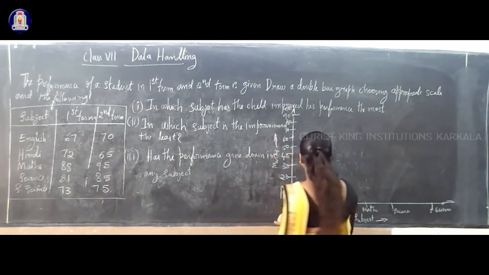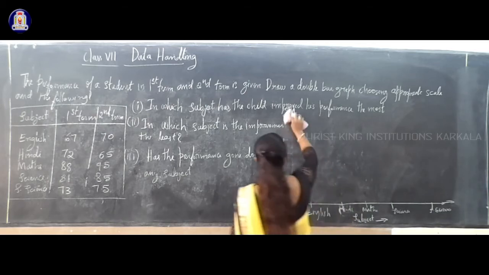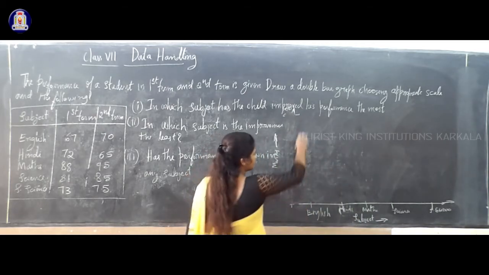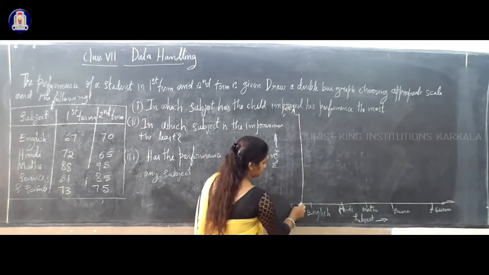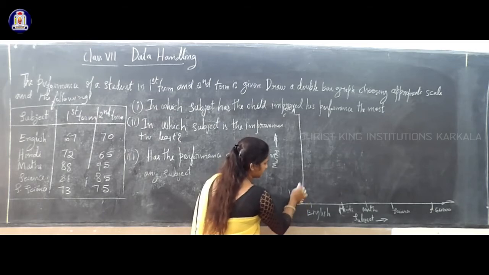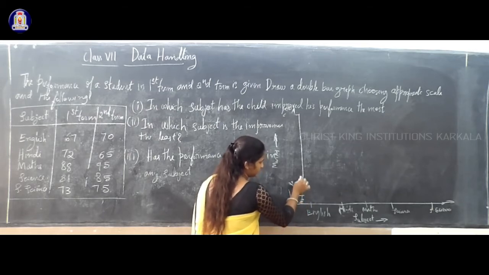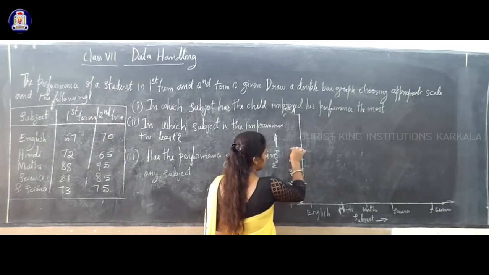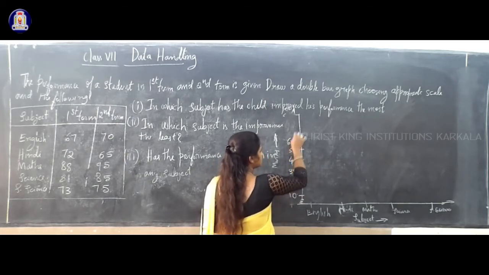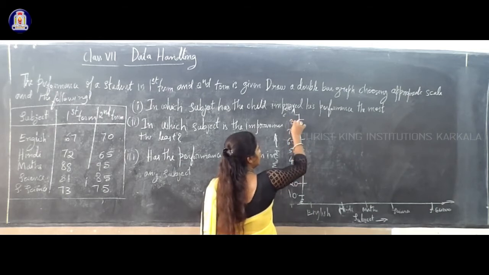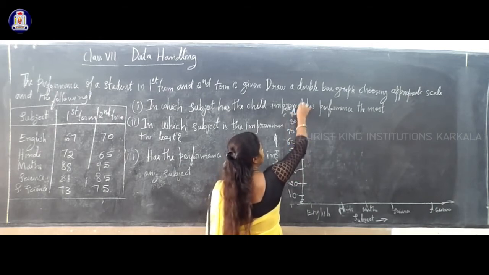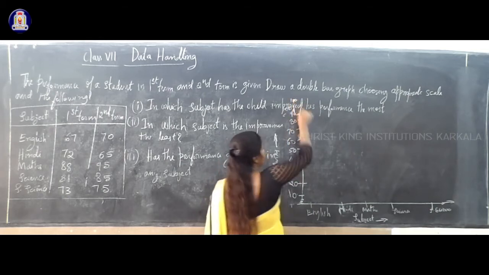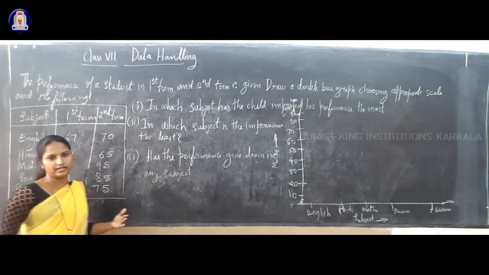So now, can you see this sum? If you want, you can write properly like this. See, I write first 1 centimeter is 10, next 1 centimeter is 20, next 30, next 40, 50, 60, 70, 80, 90, and last 100 because the maximum is 95. So next you write 100.